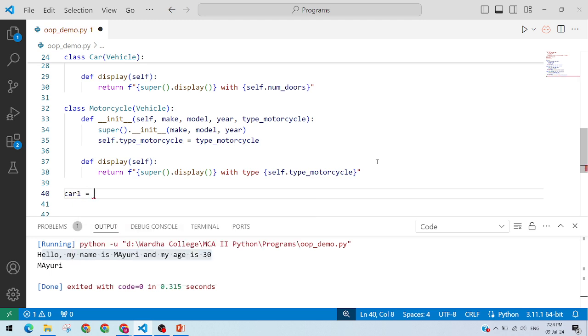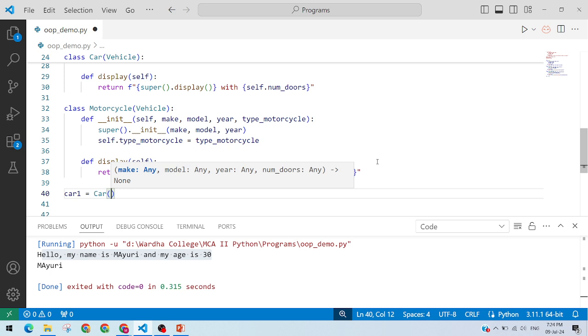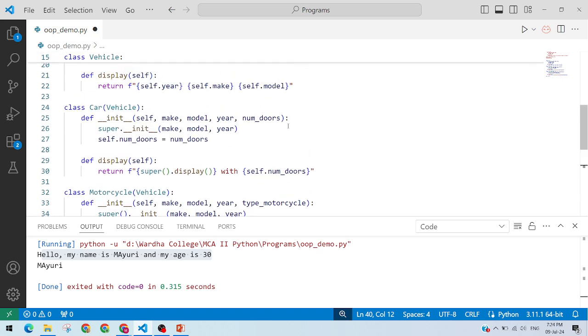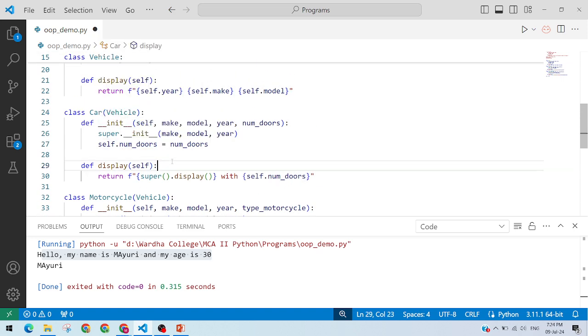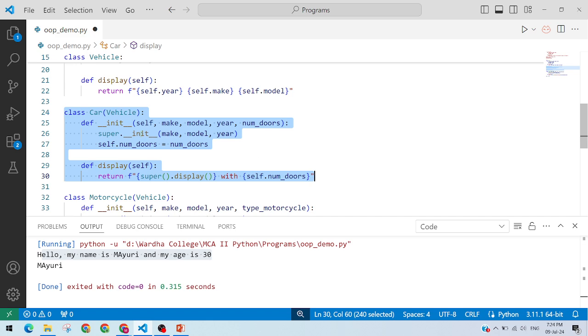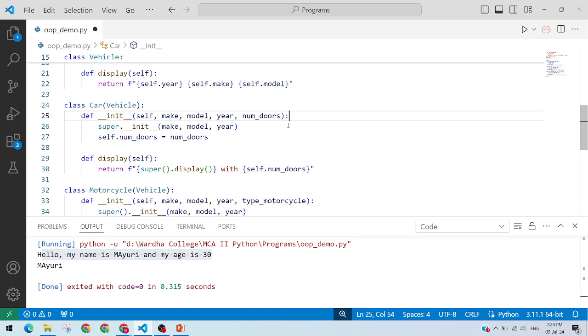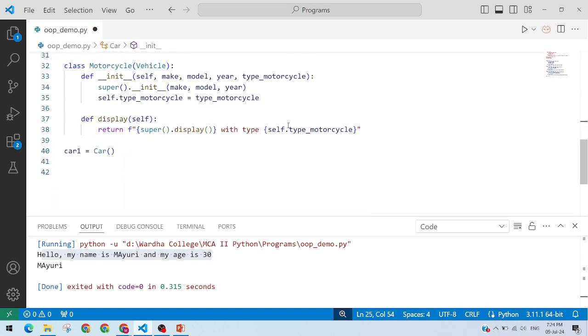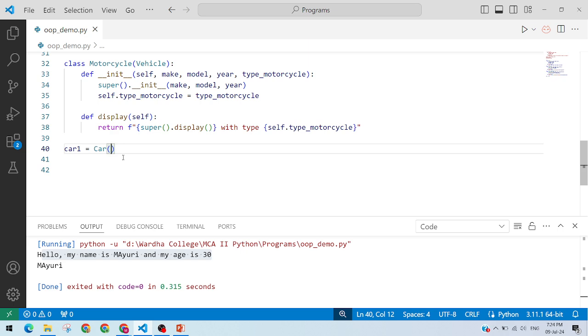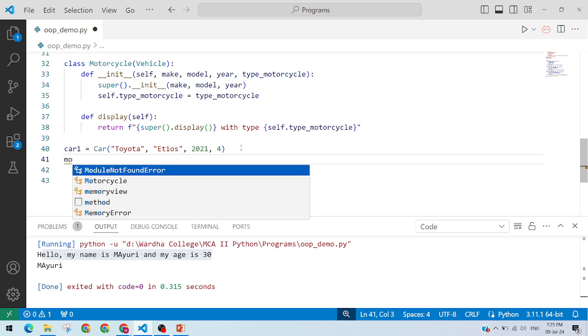जैसे car1 is equal to car। okay, how many parameters we need to give here? कार के लिए कितने पैरामीटर्स देने पड़ेंगे? see this is car class, ये कार है, कितने पैरामीटर्स देने पड़ेंगे मुझे कार क्लास के लिए? कार क्लास इनहेरिट कर रहा है व्हीकल को, तो व्हीकल के 3 पैरामीटर्स प्लस कार का 1 पैरामीटर, राइट। देन मेक, देन मॉडल, जैसे ईयर एंड नंबर ऑफ डोर्स। गॉट इट।